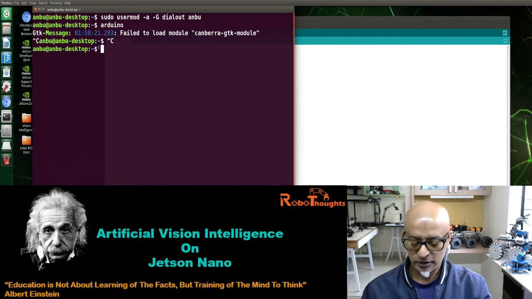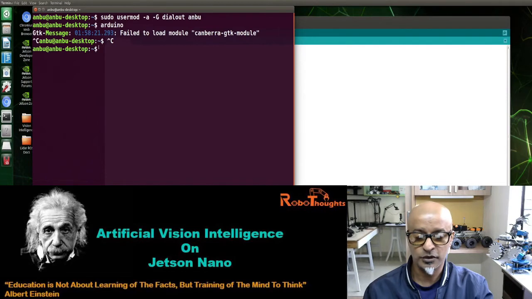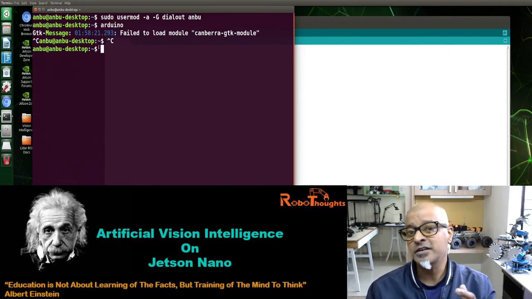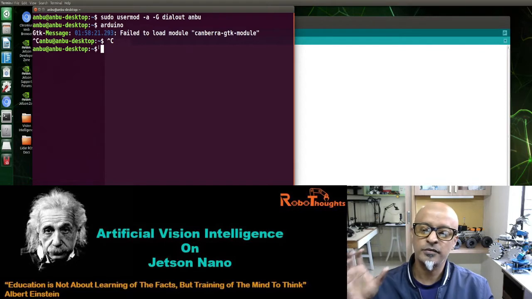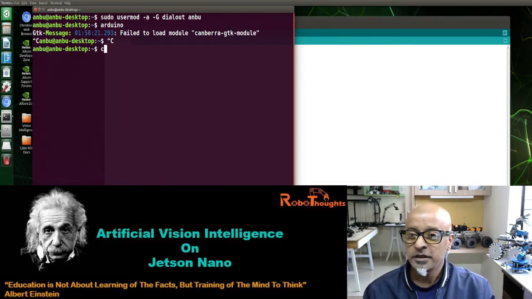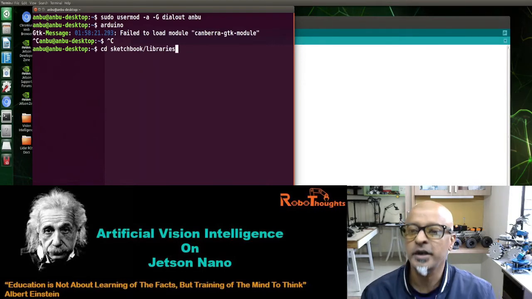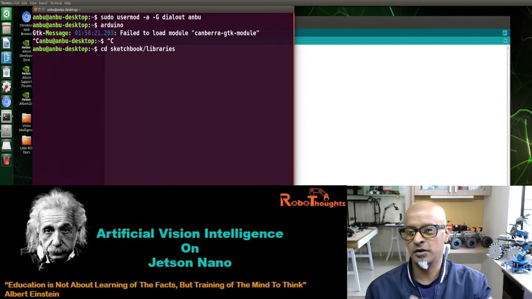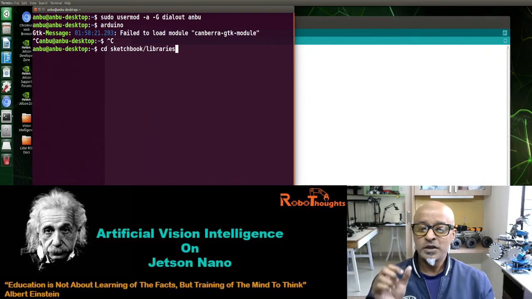Then you need to go to the sketchbook folder. All the programs in Arduino IDE are stored by default in the sketchbook folder, and inside that folder there is something called libraries, so you need to get into that folder. How do you get in there? cd sketchbook/libraries. Once you hit enter, you will get into that sketchbook folder and into that libraries folder. In that libraries folder you will see something called